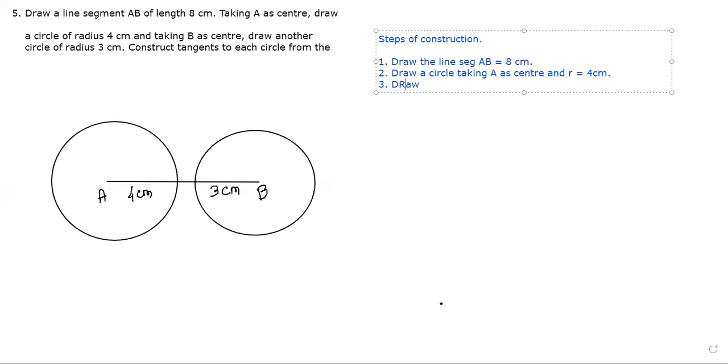Again, draw another circle with B as center and radius equal to 3 centimeters. Construct the perpendicular